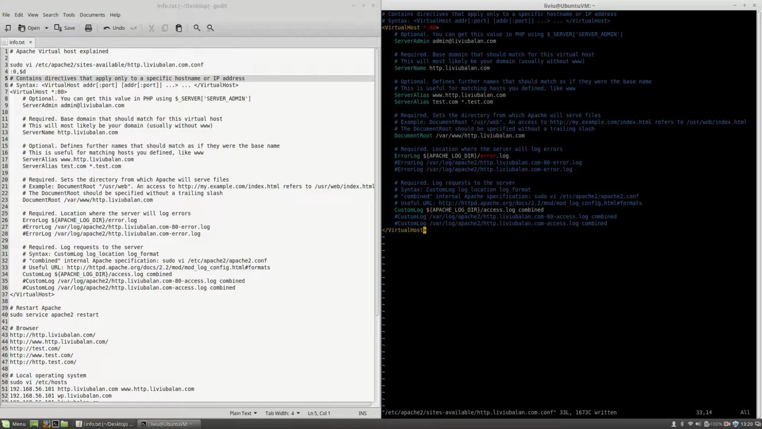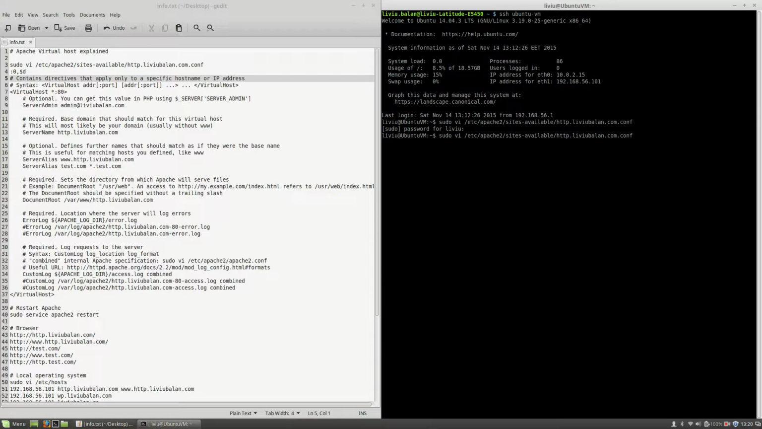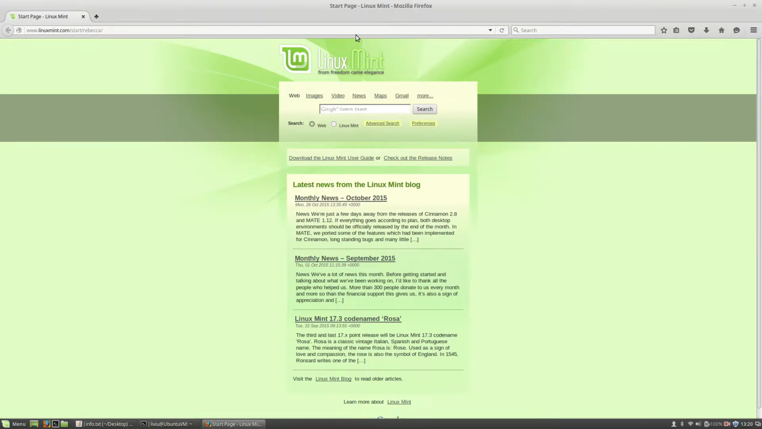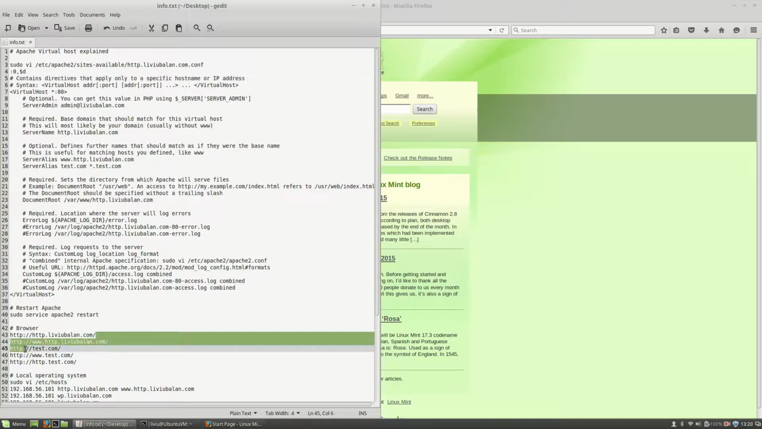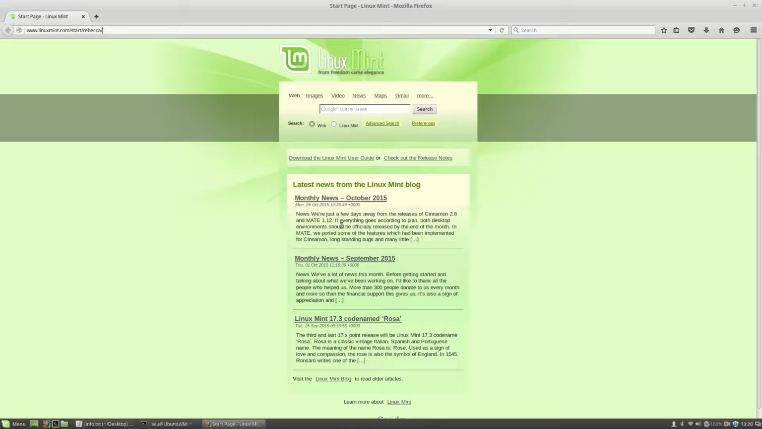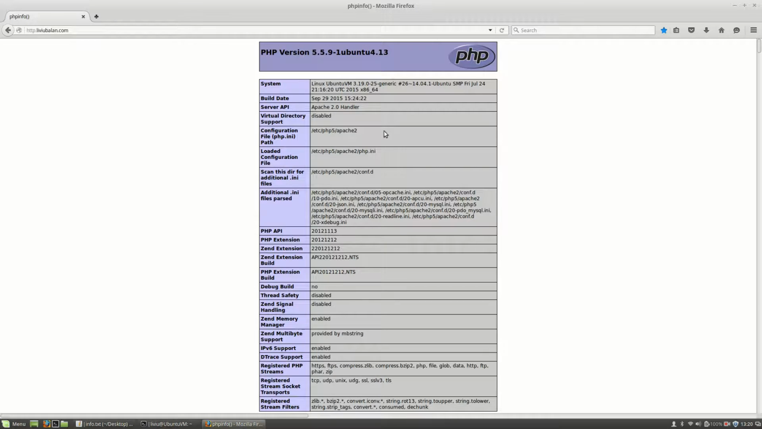Let's make a test. First, save the content of this file, and in order to apply the changes to your virtual host, type sudo service apache2 restart. Now I will open a web browser, Mozilla Firefox in my case, and here I will type liviubalan.com. As you can see here, I'm having a PHP info